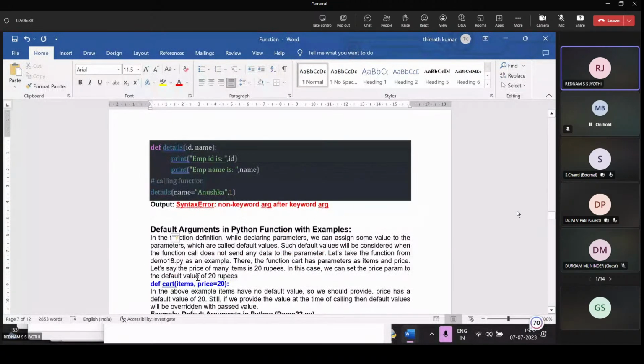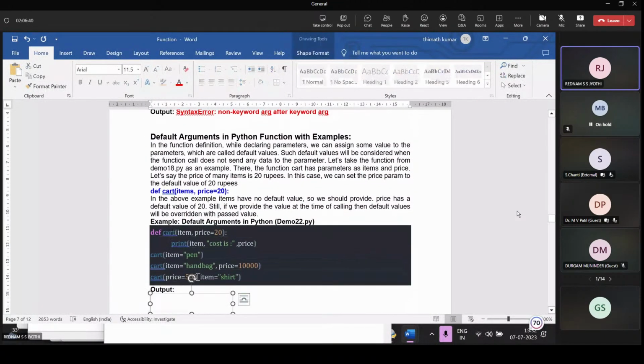Default arguments in Python programming. While declaring the function, we assign some values here: item, comma, price equals 20. At the time of calling, we will not specify the price value. In that case, the default value is taken into consideration.